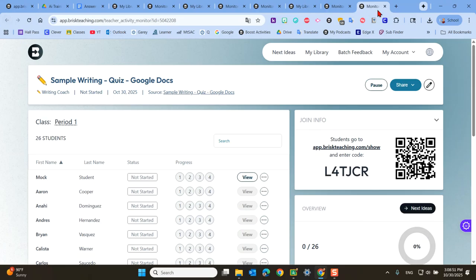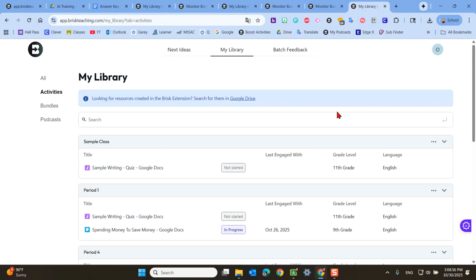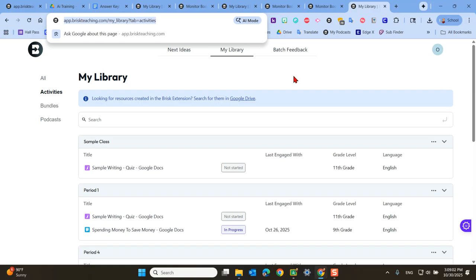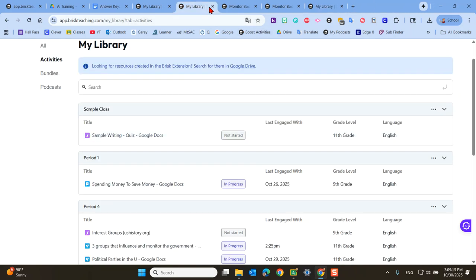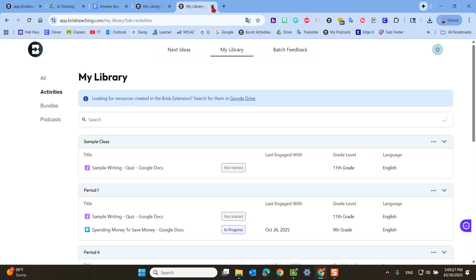Now for you to go back and forth to this, so I know how I can get back to this, I'm going to click out of some of these. Let's say this is the page I want to go back to. I want to save this on one of my favorites up here on my bookmarks. I already have it saved right here, Boost Activities, so that way I can access it at any time. So if I click out of all these things, all these tabs,